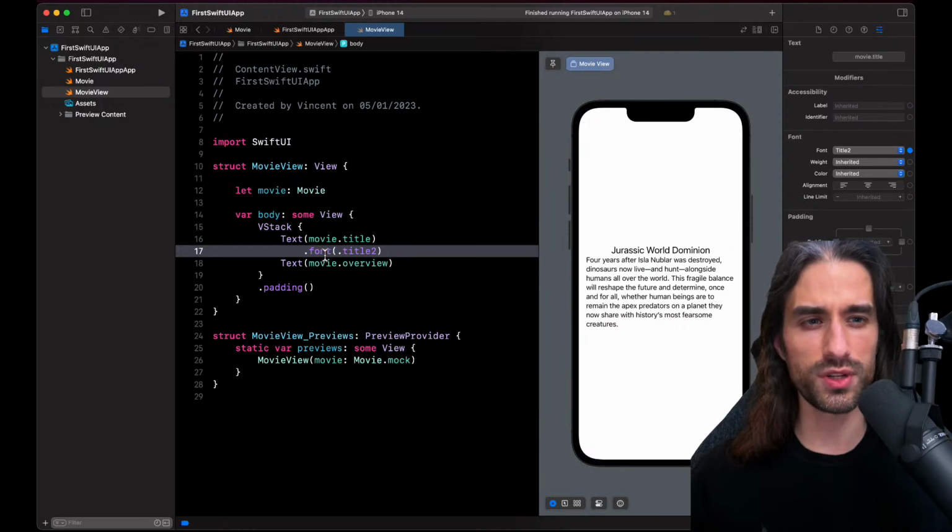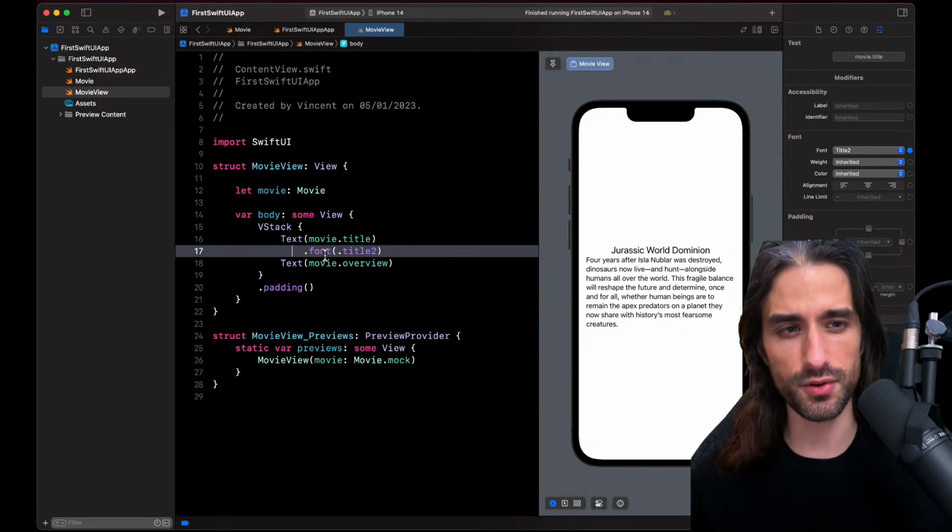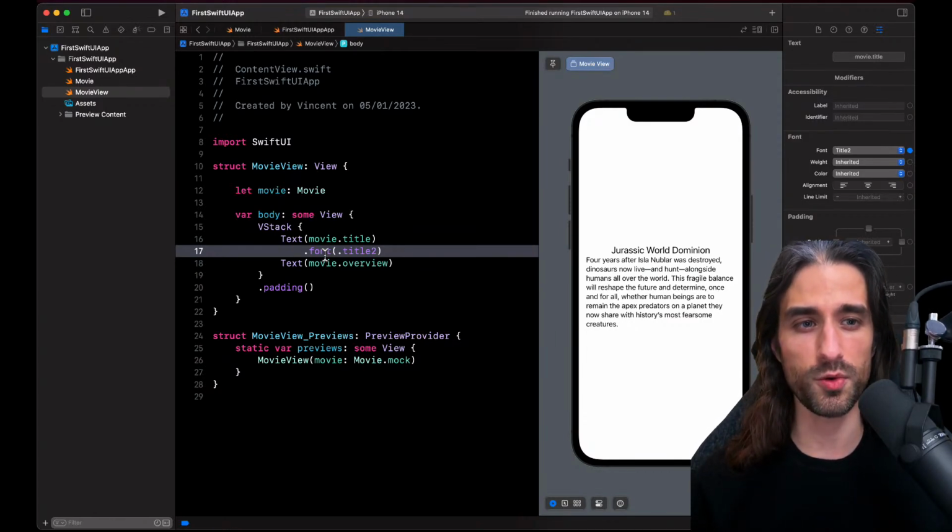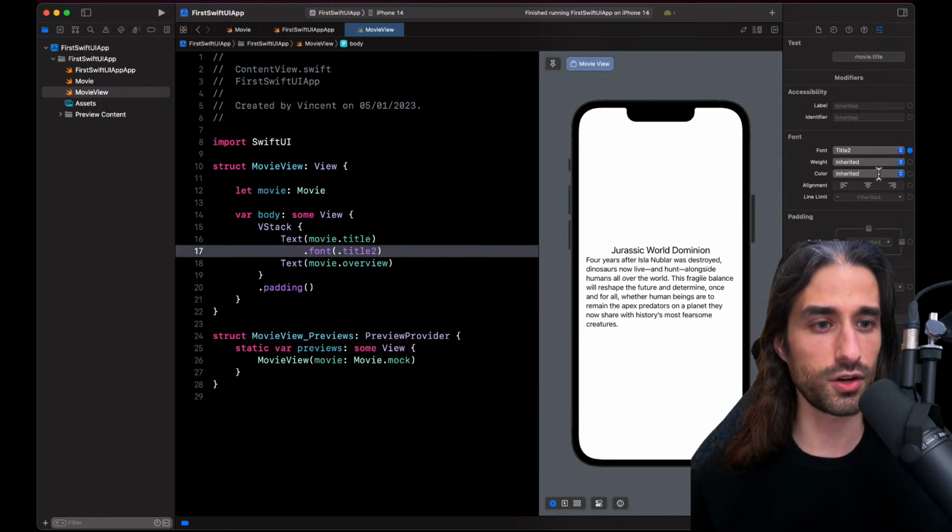This means that the code is the source of truth for everything we do in SwiftUI, which is different than when we are using storyboards in UIKit, because then the storyboard was actually some XML file that stored all the configuration. Here, everything is stored inside the Swift source code, and there is no extra file or hidden file that stores what's been configured here. What you see here is just a reflection of what we have in the code.